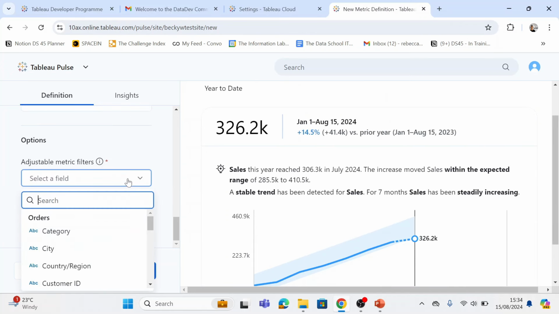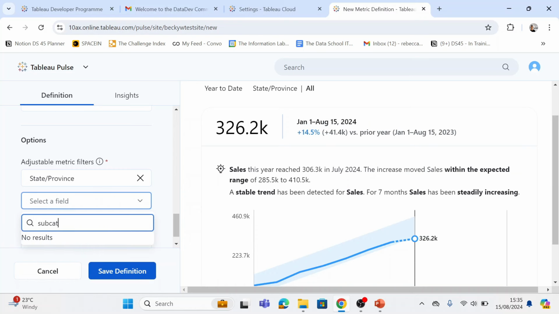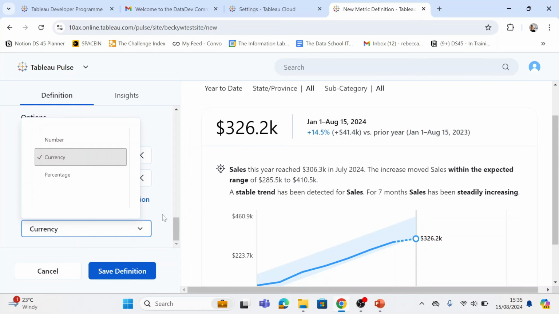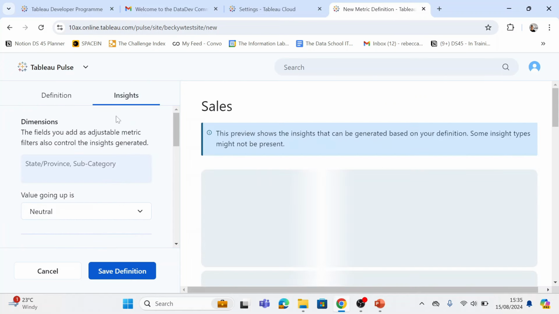If I want people to be able to look at this with some filters that are adjustable, you can add it there. So I can add state here, for example. I could also add subcategory. And then number format, it's currency, it's sales, so I've changed that there and we've got the dollar sign. Now the insights pane,